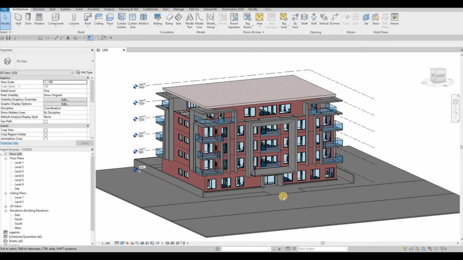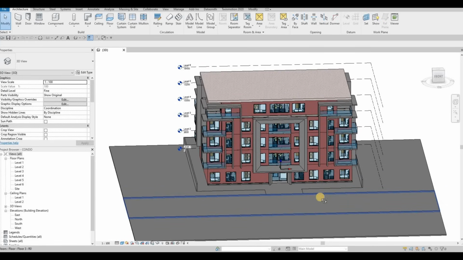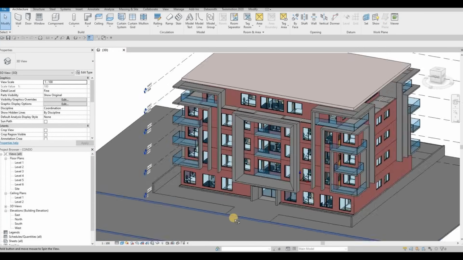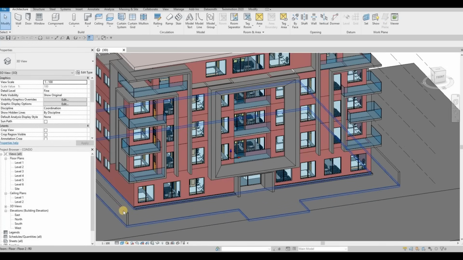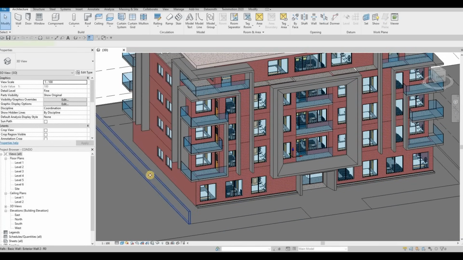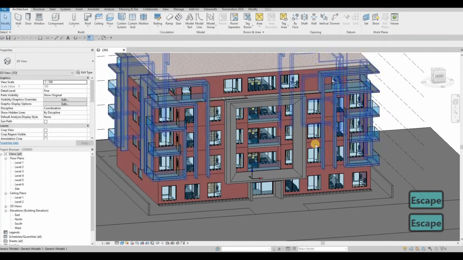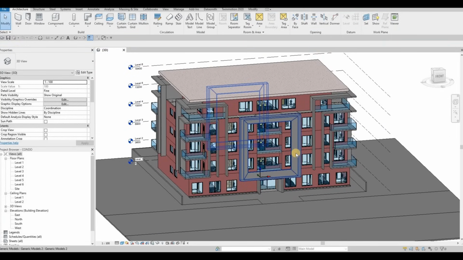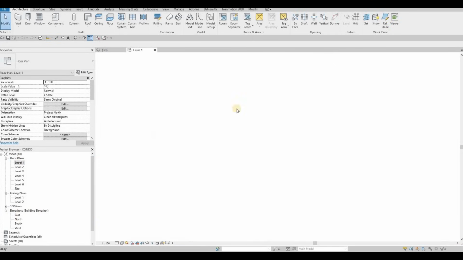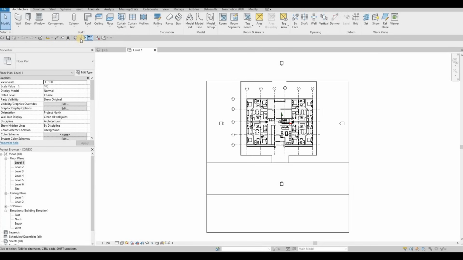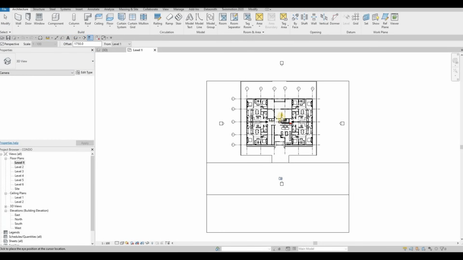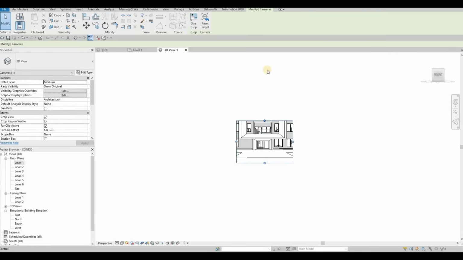So in the last video, we were able to finalize our model. We created the site right here, and then we also added all this border, like the wall here. And then we finalized everything on the model. So now what we're gonna do is go to level 1, and then here we're going to create a camera view of the building. So I'm gonna create right here, just straight, and then we're going to